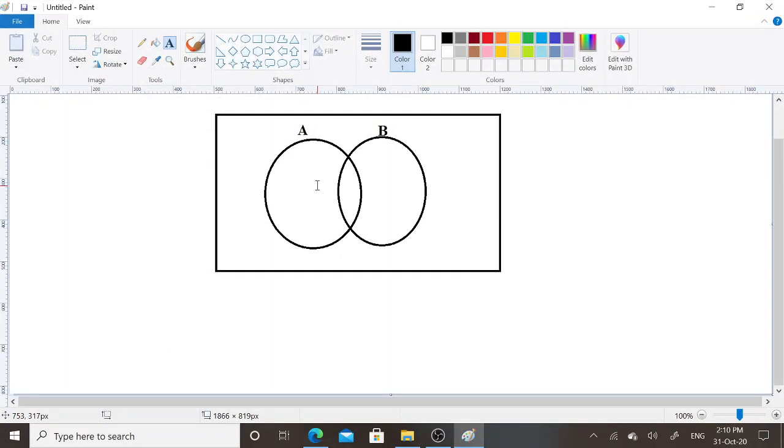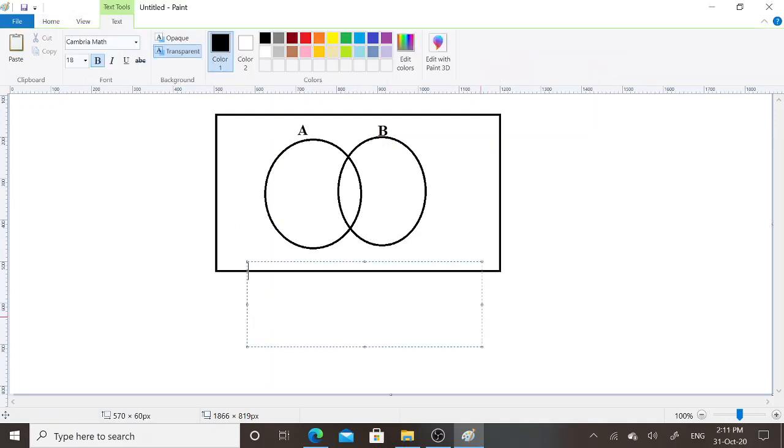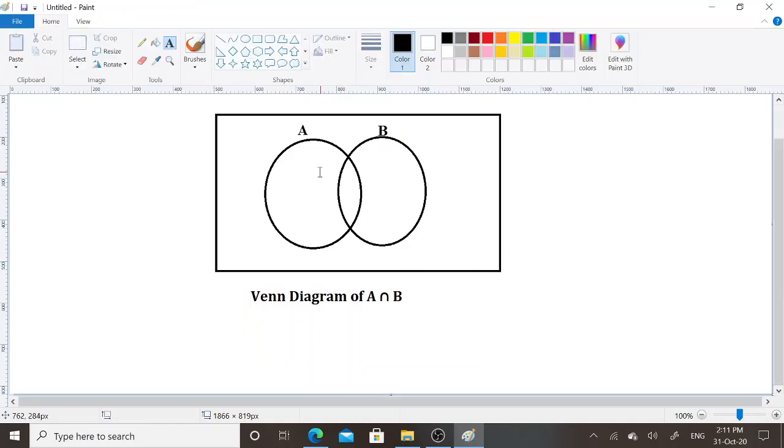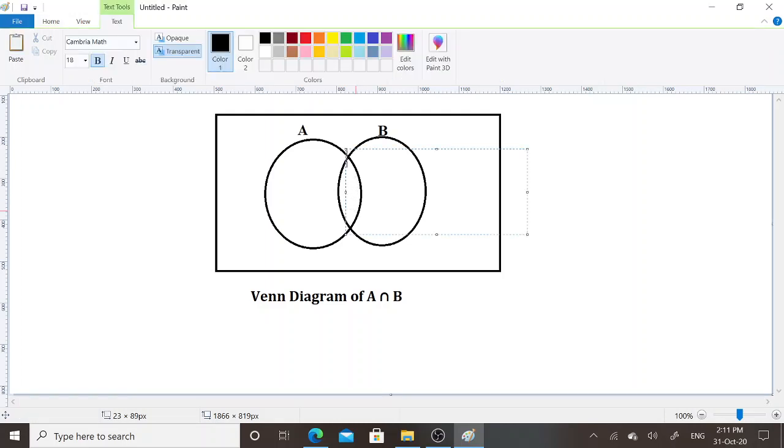I will represent the intersection operation of set A and set B in a Venn diagram. Here I will draw the Venn diagram of set A intersection set B. First, I will include common elements from both sets.